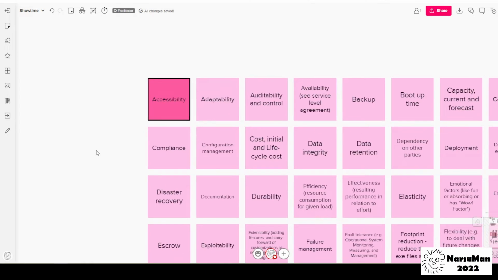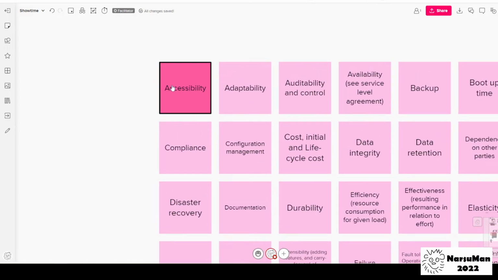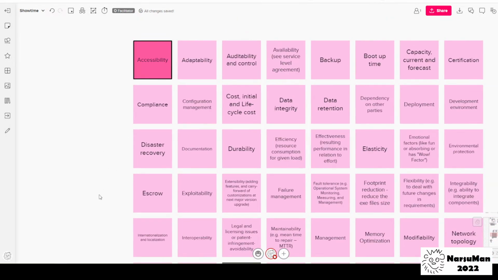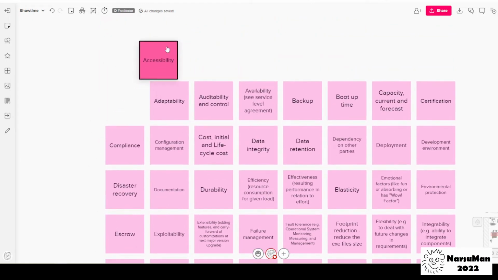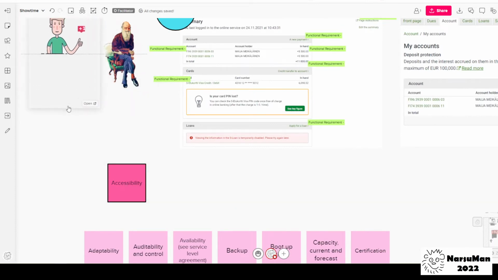These are non-functional requirements, and one requirement type is accessibility, another is usability, and there are plenty of things on the list which are related somehow: response time, stability, testability, security, performance. These are quite simple to understand, but when you take some of these elements on this table, for example accessibility,